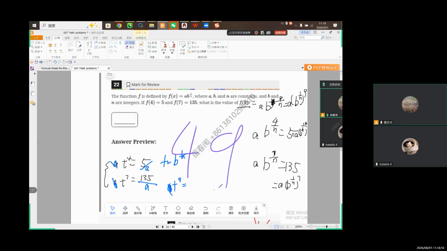So that's just T cubed, which is 135 over 5. Right, division: equation 1 divided by equation 2. That's actually kind of popular in the SAT, or in the future in physics too. T cubed is 135 over 5, which is 27. So T is